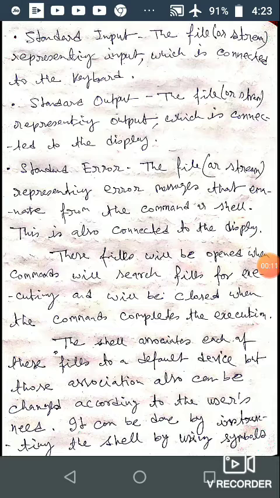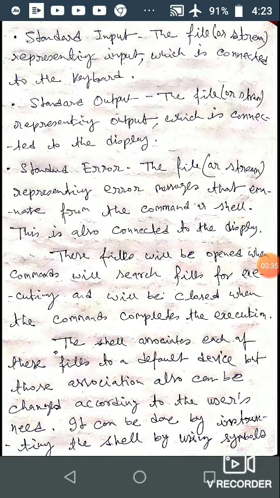Welcome to our continuing session of lectures. Today's topic is redirection, and we are continuing our discussion on the three standard files in redirection.